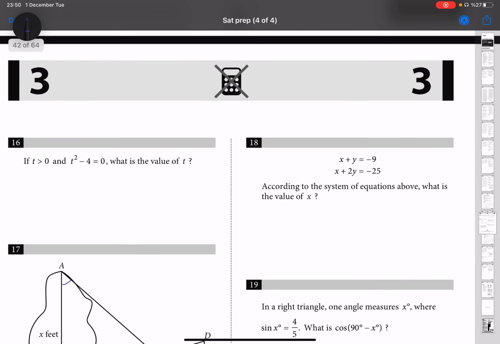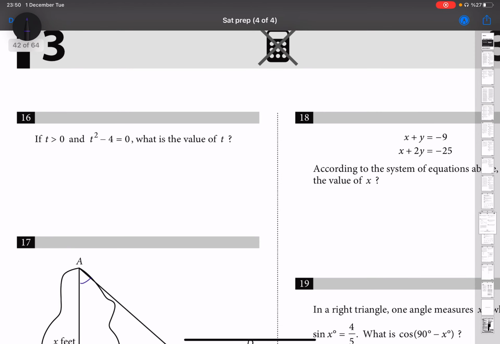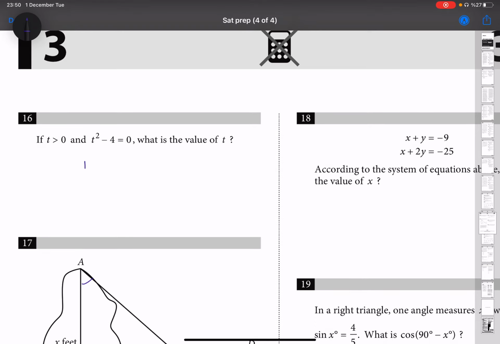Next question. If t is greater than 0 and t squared minus 4 is 0, what is the value of t? So t squared equals 4. Let's take the square root of both sides. The absolute value of t equals 2. So t is 2 or minus 2, but the question wants me to find the positive t value, so the answer